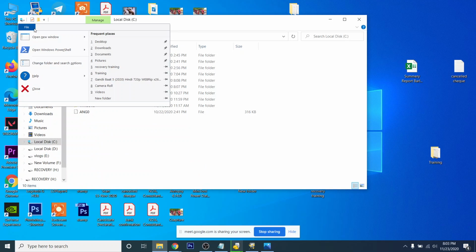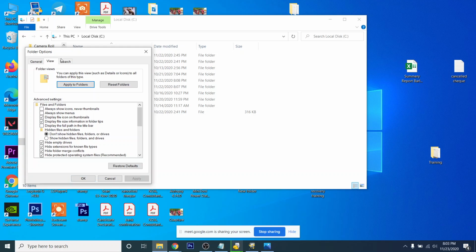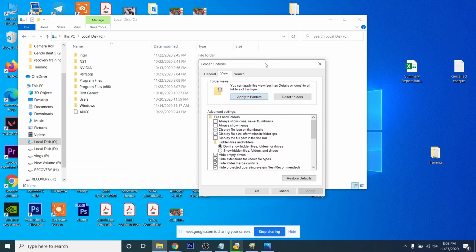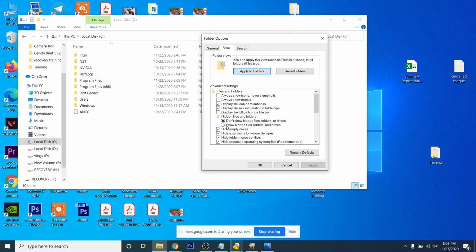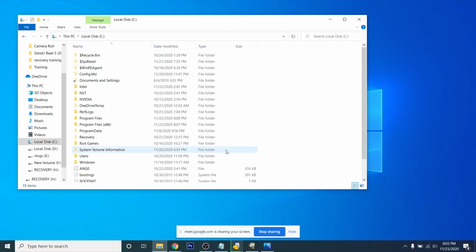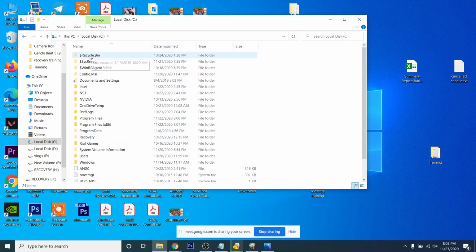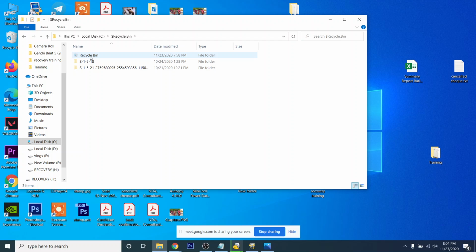Okay. You have to change the file folder options. So firstly click on show hidden files, then you have to unhide the hidden empty drives also, unhide all the things, and you have to click on OK. Then recycle bin will be available here, then you can click on recycle bin. Okay, from the recycle bin, if you have multiple users, then they will be assigned